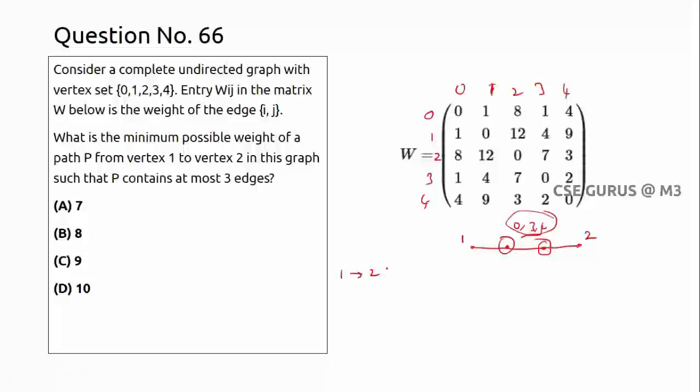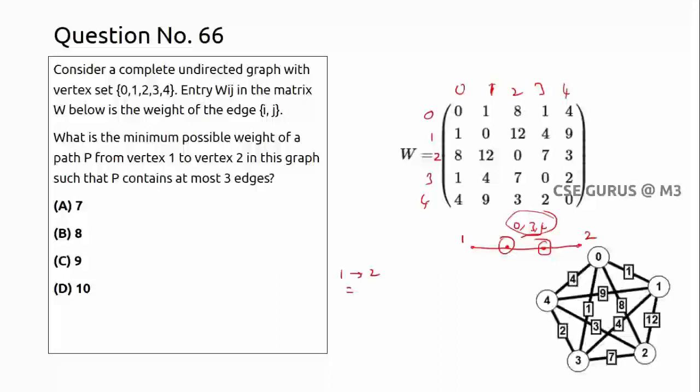So let us suppose I first find 1 to 2, and before that, if I construct the graph from this adjacency matrix, the graph will look like this. Now we'll see what I can write here. Either 0, or we have option 3 or 4. Here also 0, 3 or 4. Once you get 0 here you have only 2 options. So 3 into 2, 6 options, we can check. But anyway, we can minimize this also. How to minimize? Before that we'll see what the direct path value from 1 to 2 is. Actually it is 12. Can we get a minimum compared with this one?